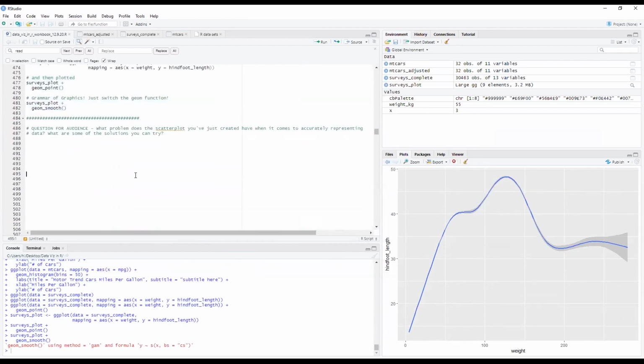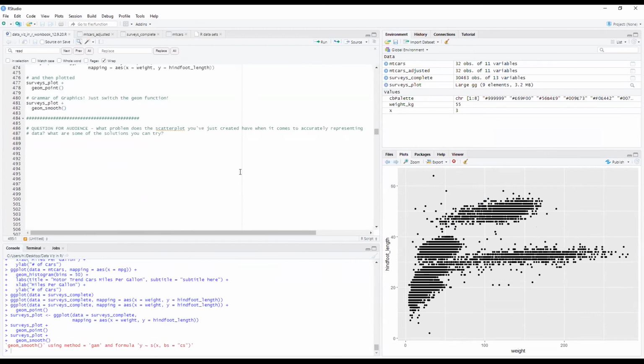Okay, so one of the problems with this scatter plot, let me go back because this is not the one I want to take a look at. One of the problems with this scatter plot, I'm going to rush through this a little bit more because I at least want to get to some of the other aspects. So, let me quickly explain some of these questions to you.